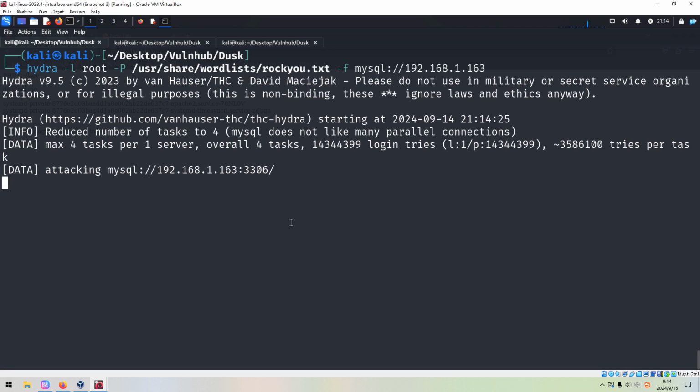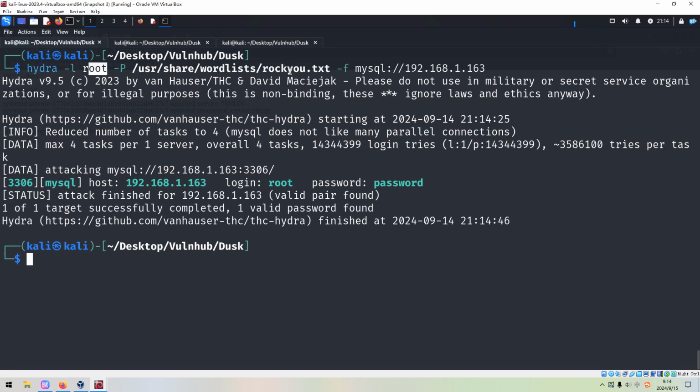All right. So as you can see, I use lowercase l to specify the username, and then uppercase P to specify the word list. And I use the rockyou word list to do the brute forcing. As you can see, the password is very simple. So maybe next time when you check whether MySQL is vulnerable to weak credentials, you should not only test root as the password, but also try other passwords. Okay, this one. So anyway, we have already got a valid username and password combination for MySQL.